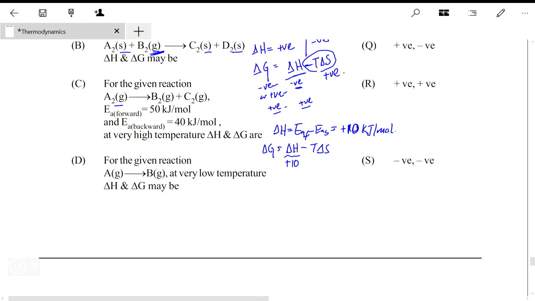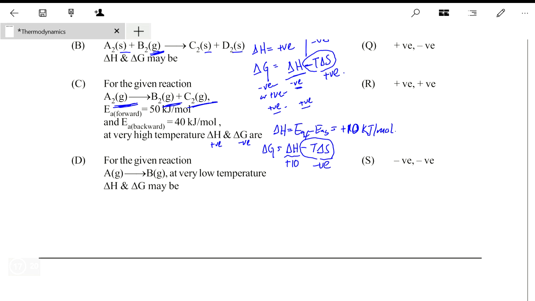And as you can see from the equation, one gas changes into two gases. So delta S is positive, which means minus T delta S has to be negative. And at very high temperature, minus T delta S should overpower delta H. So delta G should be negative as well. So in this case, delta H has to be positive and delta G has to be negative